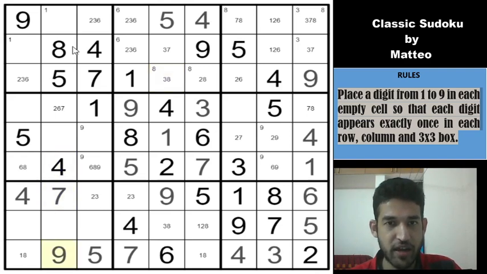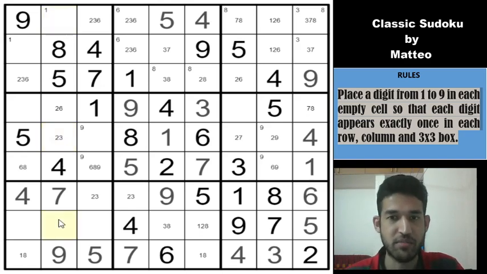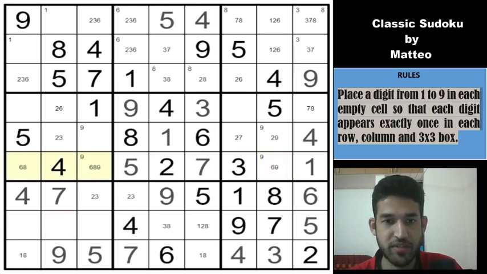So 4, 7, 9, 5 and 8. So remaining are 1, 2, 3, 6. So this is not a 7. This is not 1 and 6. So this is 2, 3. And these two cells can be 1, 2, 3 and 6. Okay, nothing much there. I have a 6, 9 here, right? Which means that 8 must be in one of these cells.